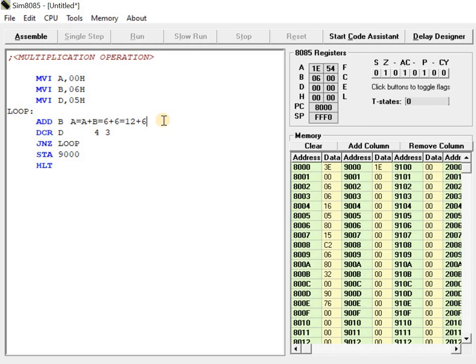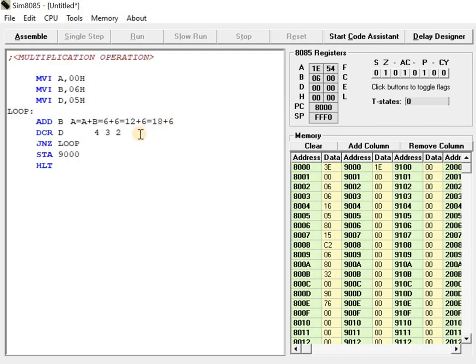Okay, and the value is 18, and here now decrement the value of D, so now decrement 2, and then the zero flag is not reset, so jump on loop and again add 6,